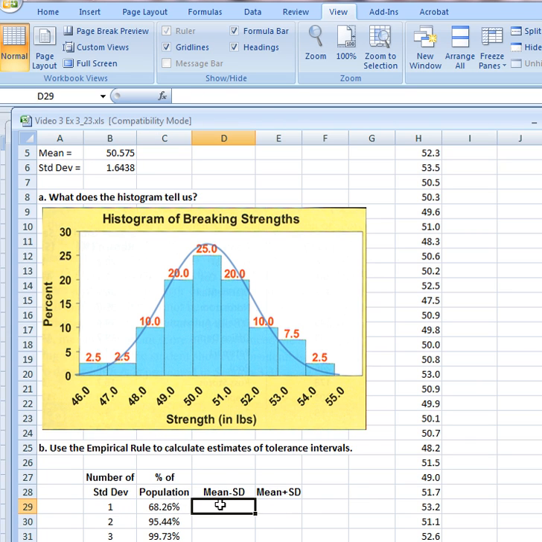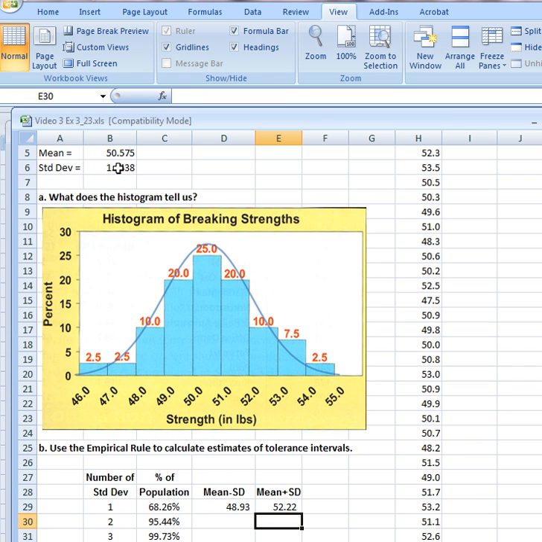To do that, I'm going to write an Excel equation. It's going to be equal to the mean, and I don't type in 50.575. That's too much work. And I want the lower limit, so I'm going to subtract one standard deviation, 1.6438. And that says the lower limit is 48.93. I'll do the same thing for the upper limit. Take the mean, add on one standard deviation, and I get